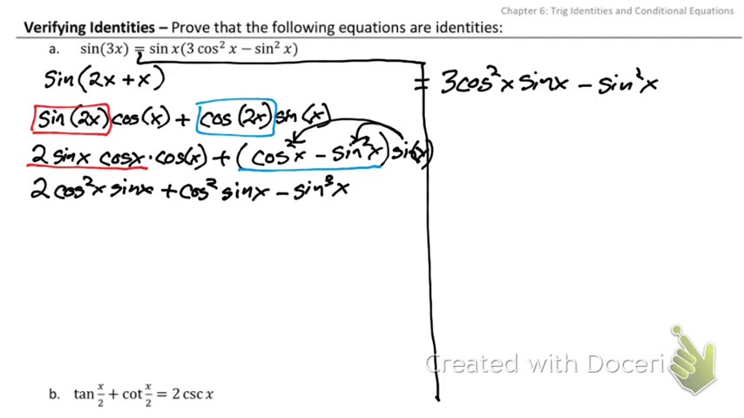Right now is when you know if you did it right or wrong. If you pick the wrong one, this isn't going to look anything like that right-hand side, but you can see it's already looking like that right-hand side. I have that negative sine cubed that we have. I also have 2 cosine squared sine x. Well, this is cosine squared times sine x, so if I have 2 of them here and 1 of them there, I have a total of 3 of them. So we're going to have 3 cosine squared sine x minus sine cubed x, which equals the other side,